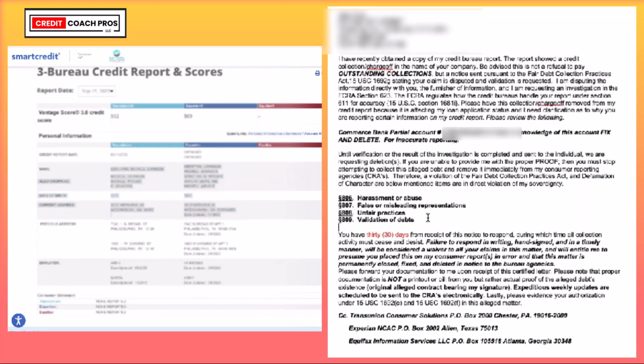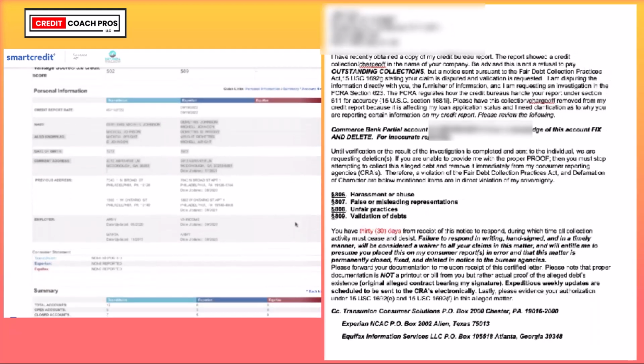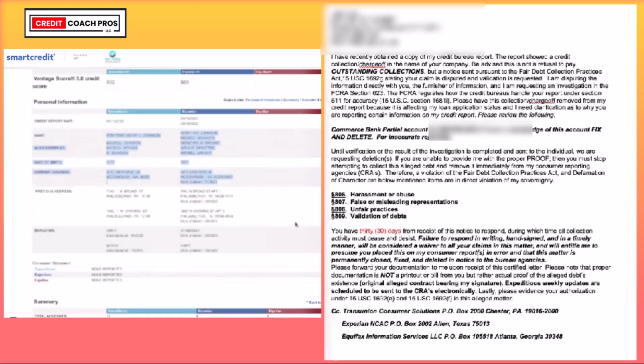Now this is kind of like a validation of debts letter, which is mainly used for outstanding collections. But if you're doing any sort of personal information, you can just type something up, or you can get a personal information letter from our letter library. But I just gave you guys the verbiage on what to say. So we're going to go ahead and skip through this for right now, but that is definitely the first step